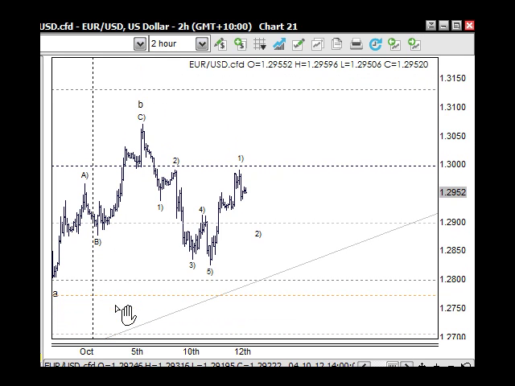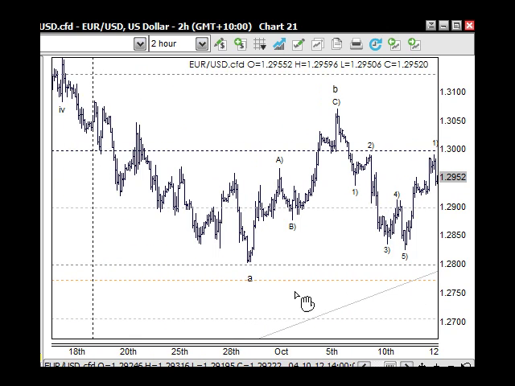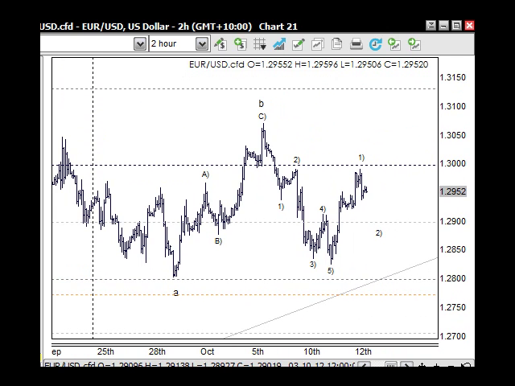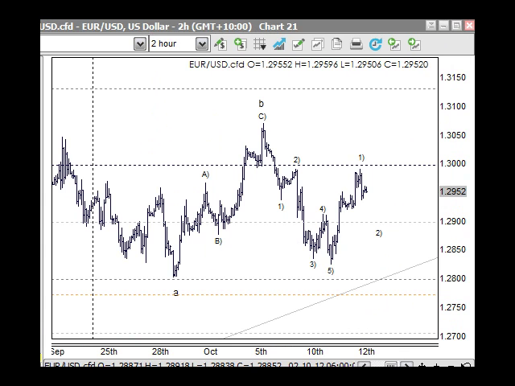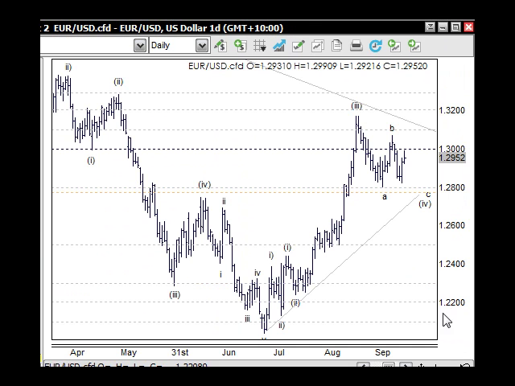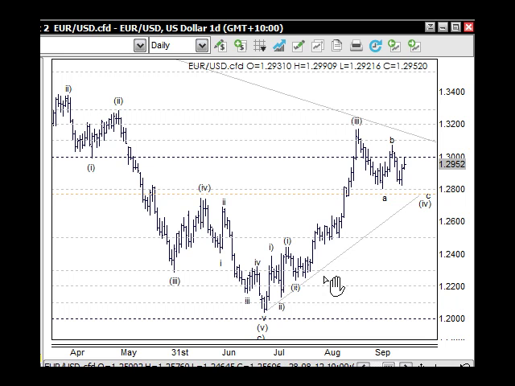With the euro here, we're looking at, I should have had the bigger picture up through here. Let's just see if we can find that. We don't need the weekly at the moment. What else we got here? Okay, so we're looking at this being the 3rd wave here, the mirror opposite of the US dollar index, of course,